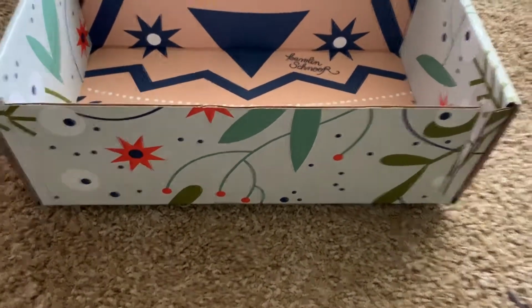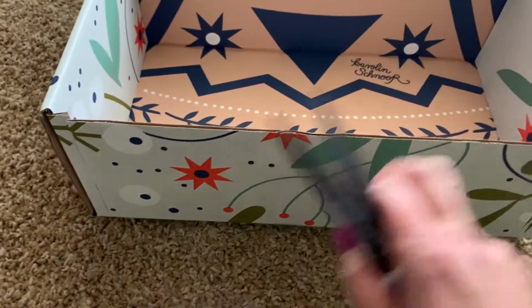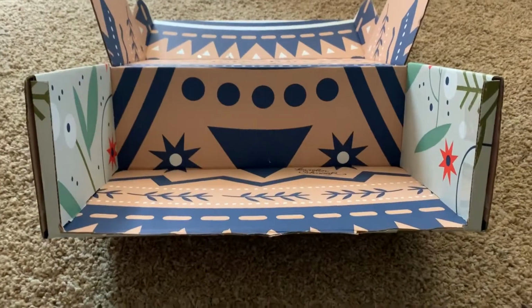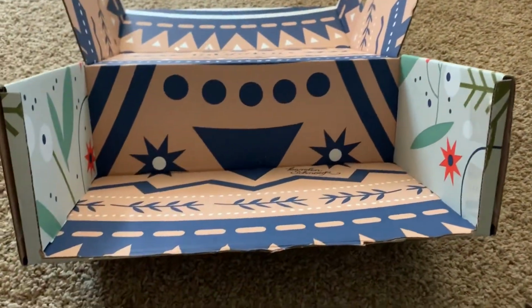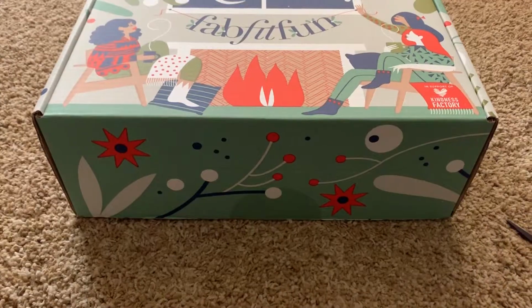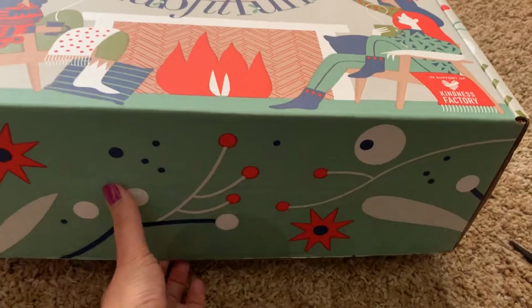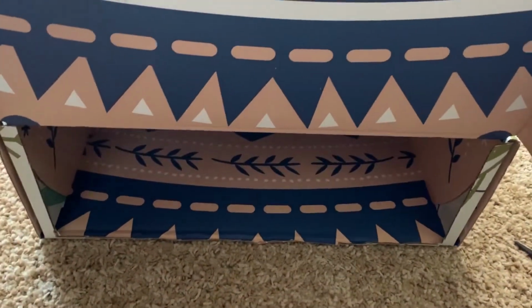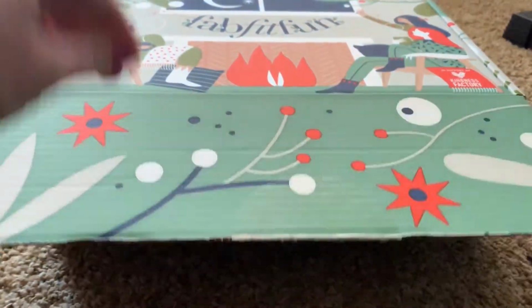So next I'm going to cut right alongside all the way across the front and completely remove this front panel. Okay, so now this front panel has been completely cut out of the front of the box. All right, so front panel is removed, and now I've got a box like this. So next,